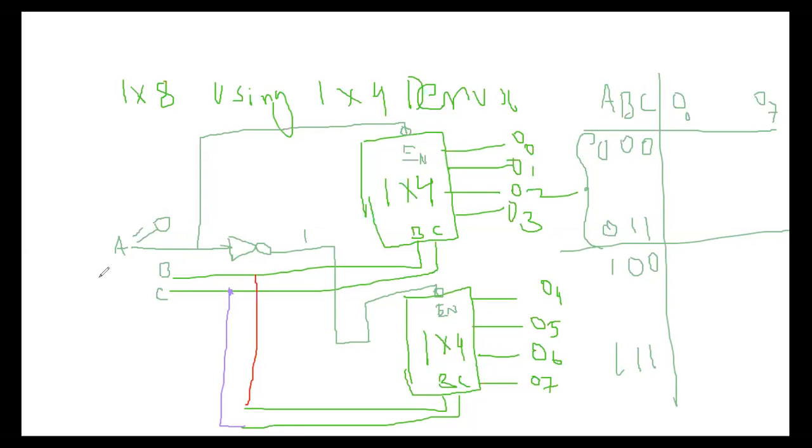When I am connecting this, A is equal to 1 means directly you get this bubble and this one is a disable, and A is equal to 1 becomes 0 through the inverter, and now the lower 1/4 demultiplexer is enabled. The lower 1/4 demultiplexer is enabled. So like